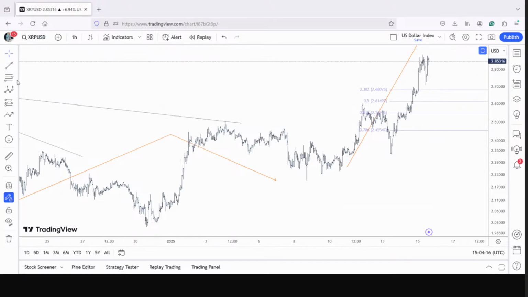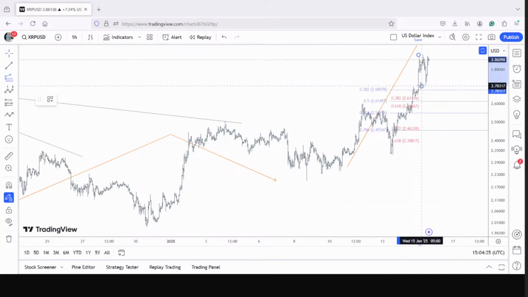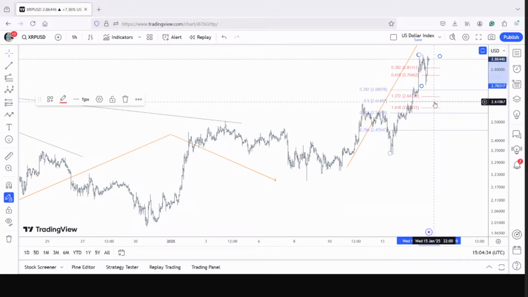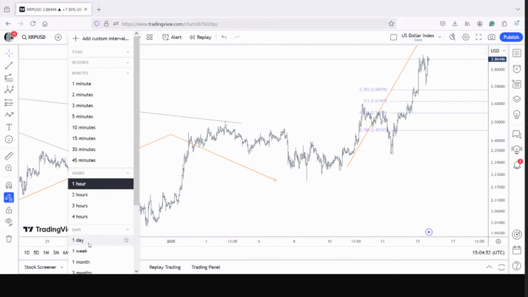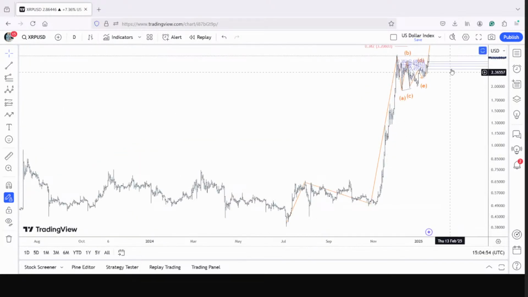Let me find out if there's a Fibonacci convergence. These are old time techniques, not the Elliott wave, but they are very effective at times. You see the extensions and retracements matching somewhere between 2.58 and 2.63. The 58 and 63 should be the next zone. I've kept the longer term path intact for Ripple for reasons, so let's keep it that way.